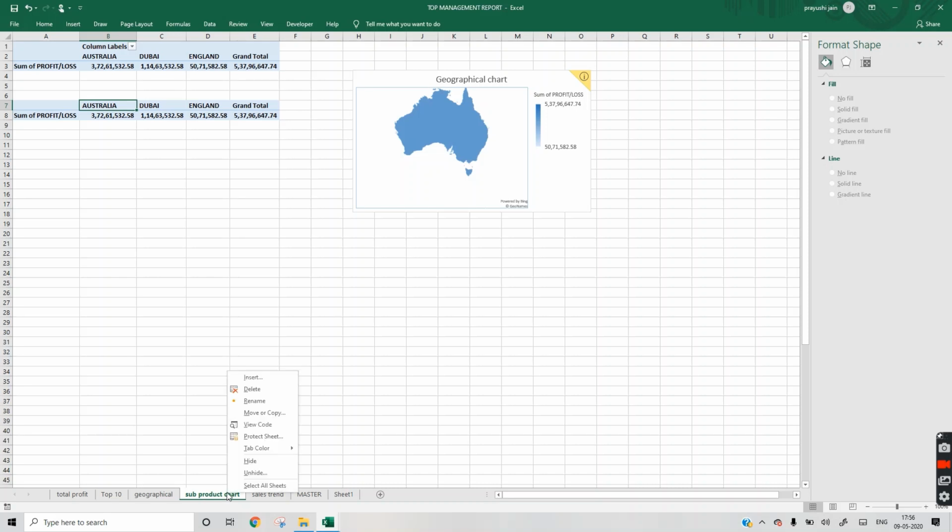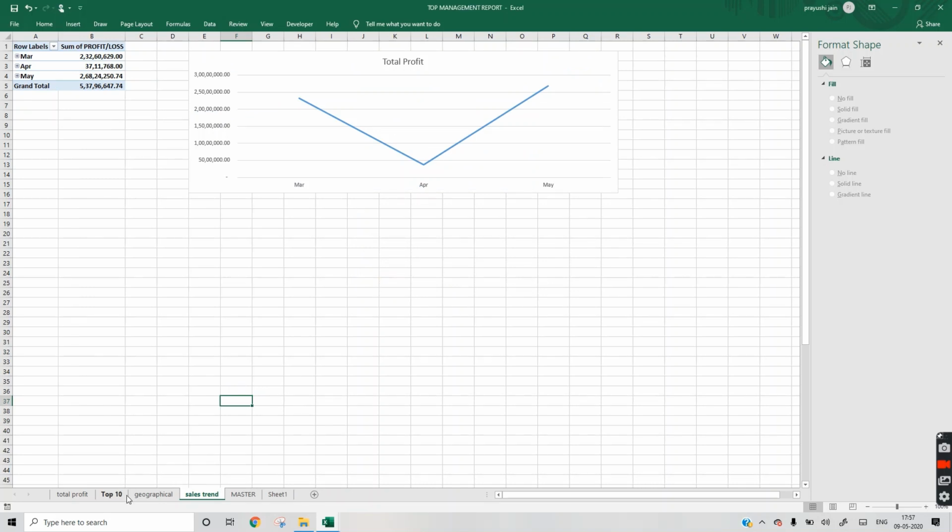Instead of this geographical chart, we will paste from top 10.